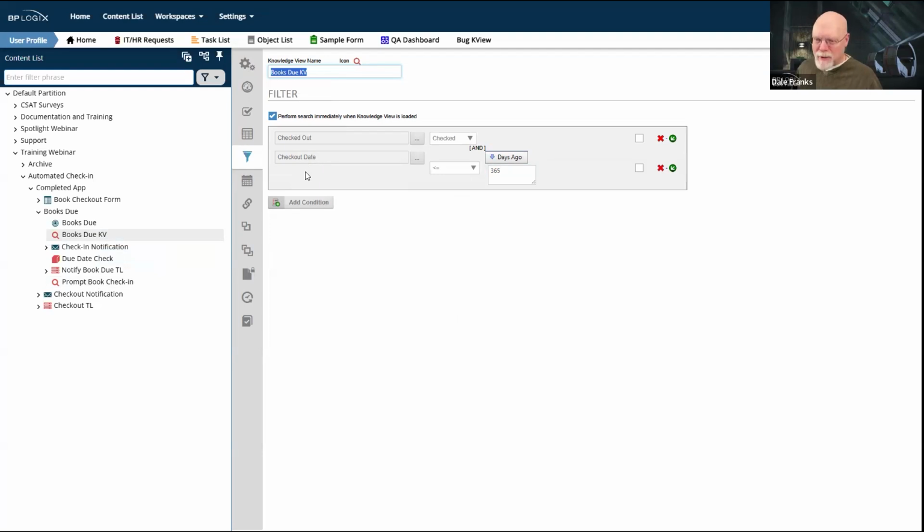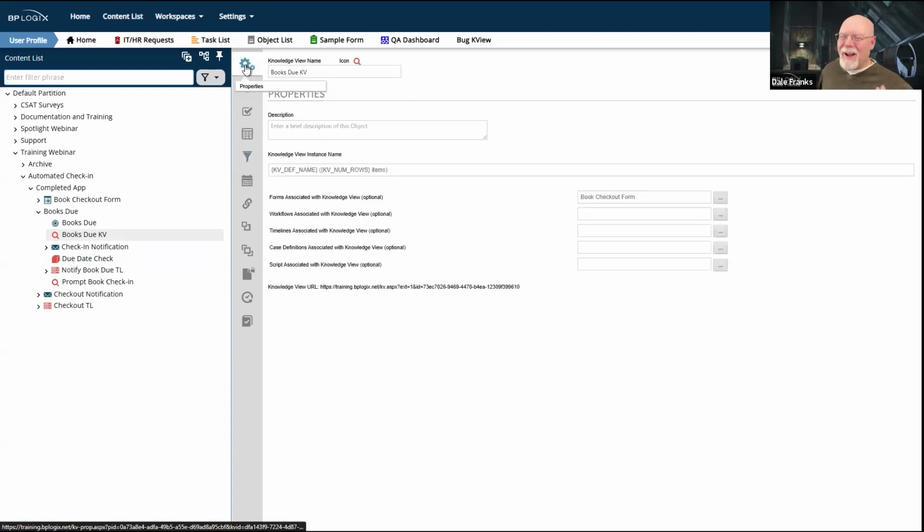I have two options here, and I think I deleted one of my options. I don't think it's important. Let's go back and just start from the beginning on this knowledge view. We'll talk about that filter issue later because there are some things we need to think about. I'd rather get the simple part of the configuration out of the way.